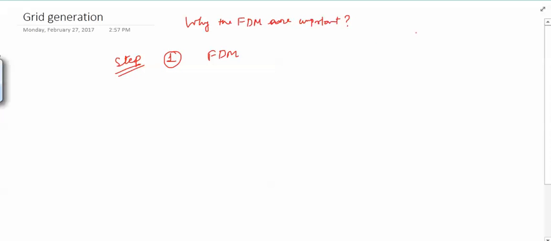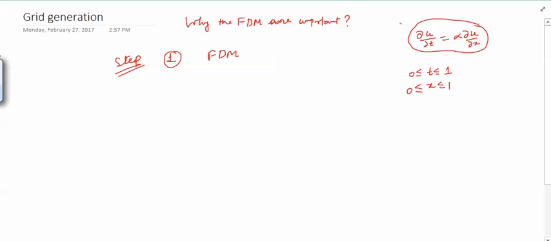Suppose we are given a partial differential equation, ∂y/∂t equals alpha times ∂y/∂x. Let us not write y, instead let us write u. So I have a partial differential equation, ∂u/∂t equals alpha times ∂u/∂x, and I have to solve it. Suppose my time t starts from 0 to some capital T, I'll call that 1 as of now, and suppose my x is from 0 to 1. Okay, so this is my problem.